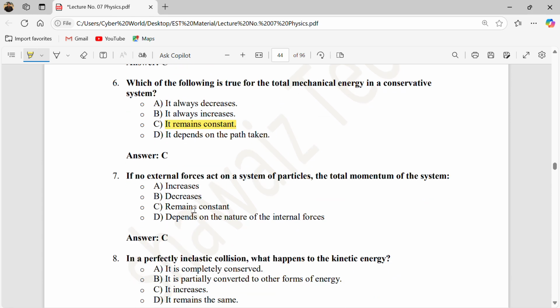Now move on to the next. If no external force acts on a system of particles, what happens to the total momentum of the system? Should it increase? No, because there is no external force. Should it decrease? No, because there is no external force. If there is no external force, there is no change in the total momentum, so your total momentum remains constant. Okay,